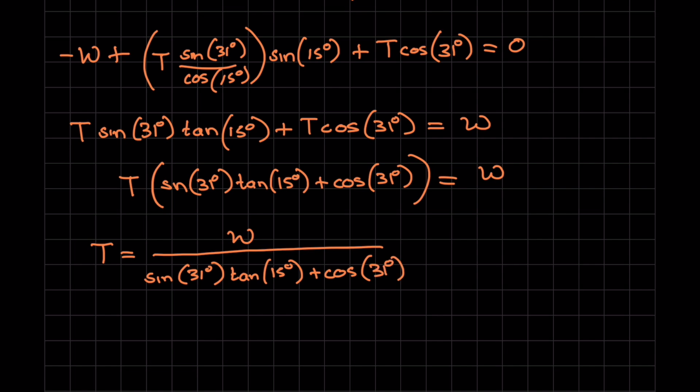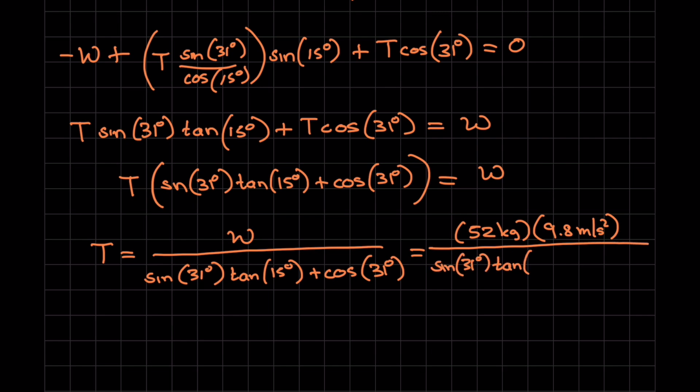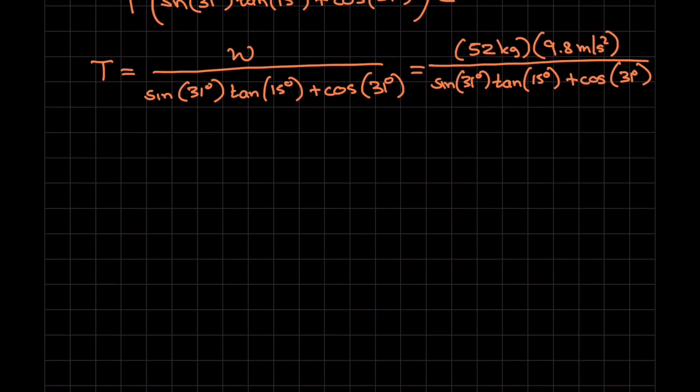So you'll know all these values, so now you can go ahead and put the numbers in. The weight, again, is mass times g, so mass is 52 kilograms, and then g is 9.8 meters per second squared, divided by sine of 31 degrees tangent of 15 degrees, plus cosine of 31 degrees. When you're putting this into your calculator, make sure your calculator is in degrees. It could be in radians, so check that. Oftentimes, one of the causes of problems is the calculator is in the wrong mode. So just double check, and you should get something like